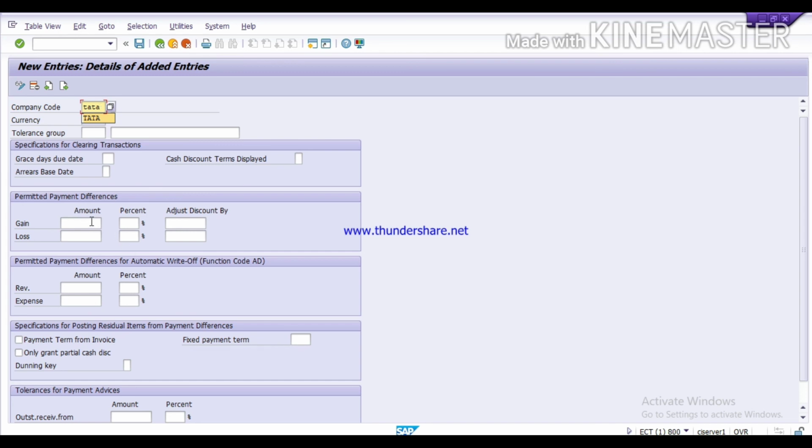Then we will give the permitted amount, payment amount differences or specification for clearing transactions. As per your company requirements, as per your client requirements, you have to give the limits. I am giving here 1% in gain and 1% in loss. Then click on save.